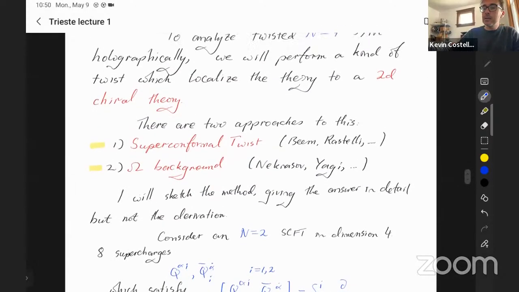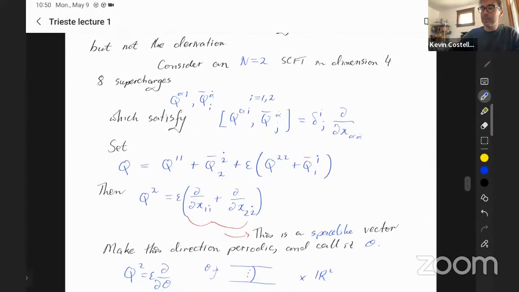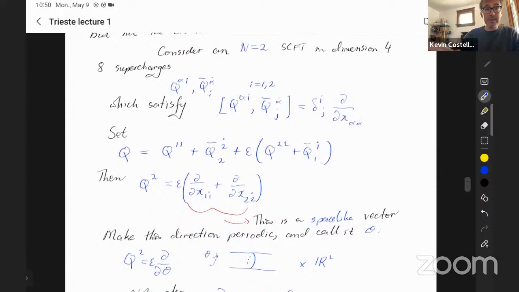Okay, so let me try to explain this construction of Yankee and O. So here I wrote down the n=2 supersymmetry algebra again. And I'm going to do something a little funny. We're going to take Q, which does not square to 0, but squares to a particular transformation. So I'm taking epsilon to be a small parameter, and I write my Q as a linear combination of